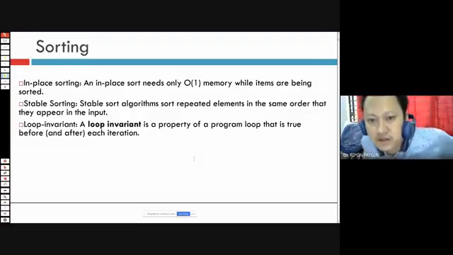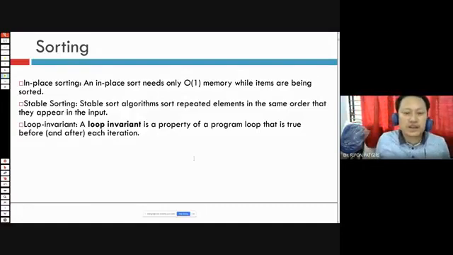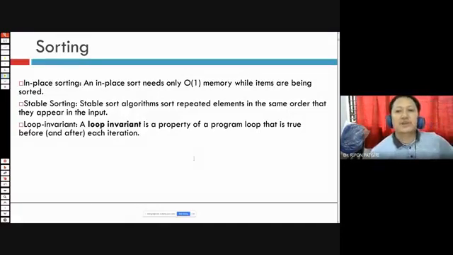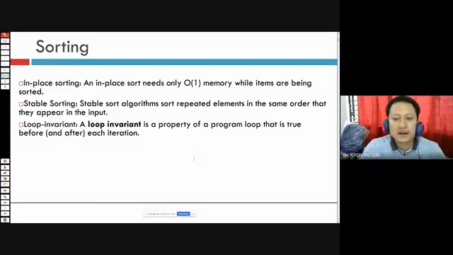You are solving the problem without taking an extra array B, or any kind of extra variable memory. Then we say this sorting technique is known as in-place sorting. So in in-place sorting, the extra memory usage is big O of 1.